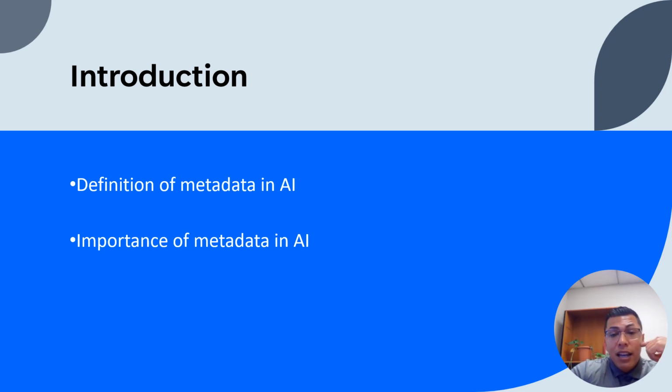Metadata is essential in AI for several reasons. First, it provides context and clarity for the AI development process, helping engineers and researchers understand the components and characteristics of the AI system. This understanding is critical for making informed decisions during the development, evaluation, and deployment of AI solutions. Second,